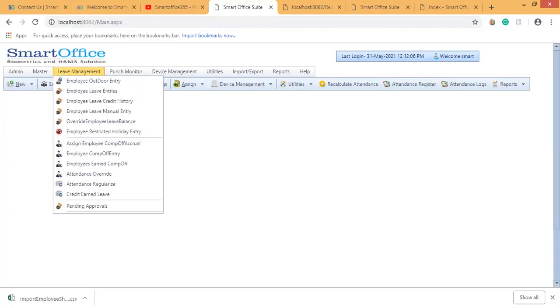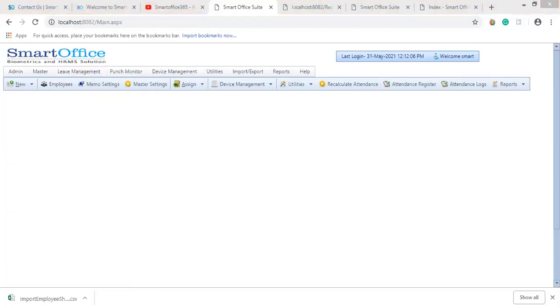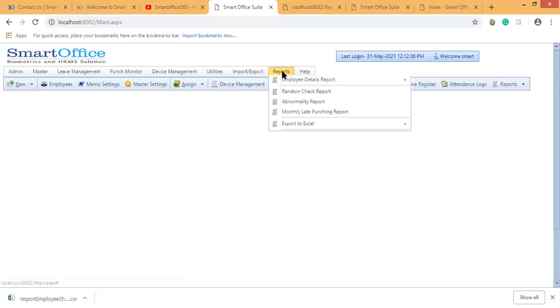Or else you can go for assigning the shifts of your employees through the sheet, either at the initial level of the month or at the end of the month when you are ready to process the payroll. So just import the sheet, and you can go for the attendance. So this is how you can import.